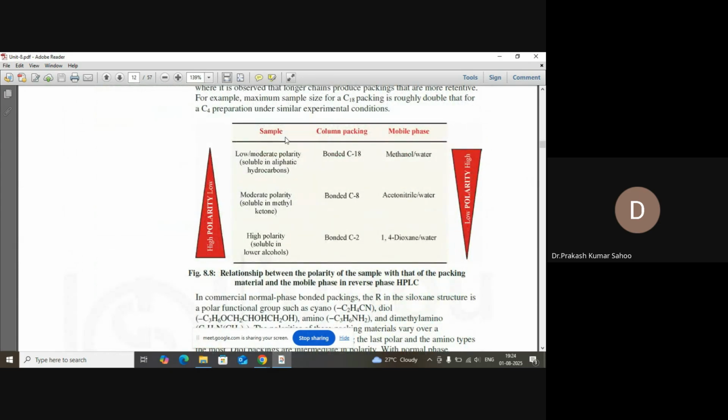Then we have the sample, column packing and mobile phase. If the sample is of low to moderate polarity, then it is up to carbon number 18, that is very long, and the mobile phase will be methanol or water, that is polar. If it is moderately polar, then it may be extended to a carbon chain of 8, and it is acetonitrile or water. If it is highly polar, then it will be 1,4-dioxane or water,